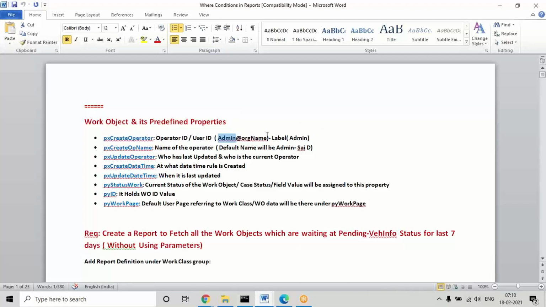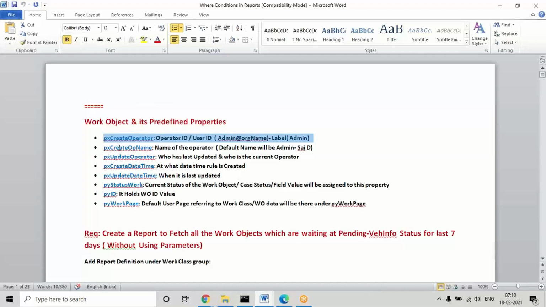At the time of application creation, they can give one parent ID, and the format or ID generated then will be added with that format. In our application the ID is admin alpha. Sometimes we can use these properties in reports, in order to fetch any data of the operator, such as the name of the operator. In some cases we will be using these properties.